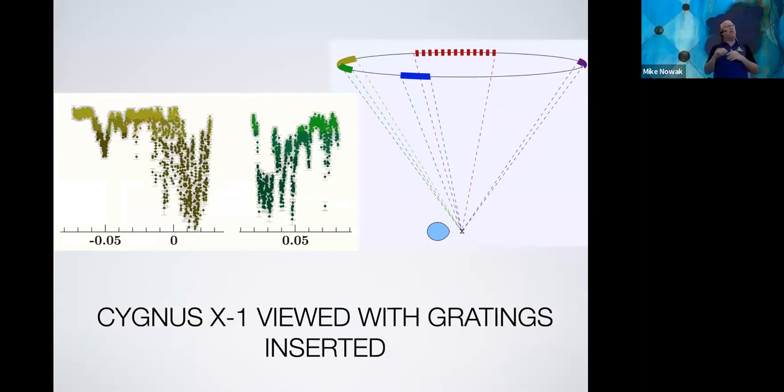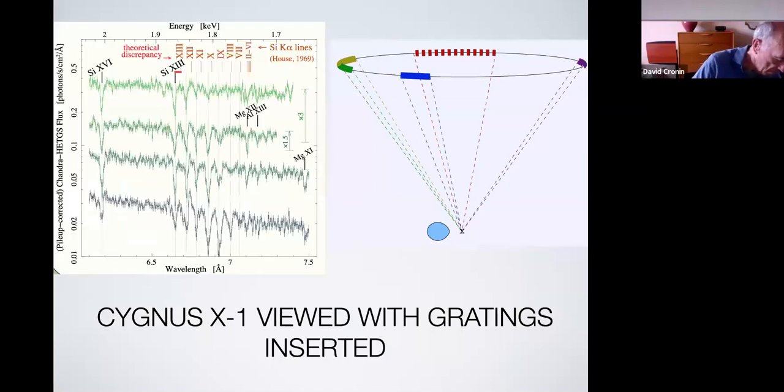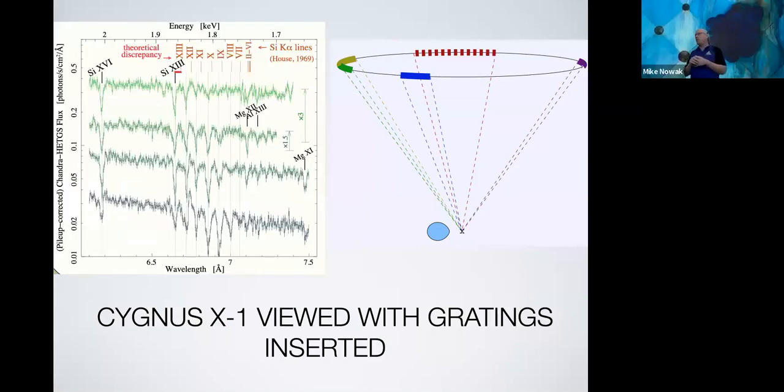And this is what we see in the light curve. So again, on the right, we're showing that same view. Each of those little hatch marks there are different observations with Chandra. On the left, we see a light curve as a function of that orbital phase. And we are seeing now the spectrum that we measure with these gratings, and we're seeing all this absorption. So in this case, we're using the X-rays from the black hole to X-ray the atmosphere of the companion star, so we can learn about the structure of the atmosphere of the companion star.